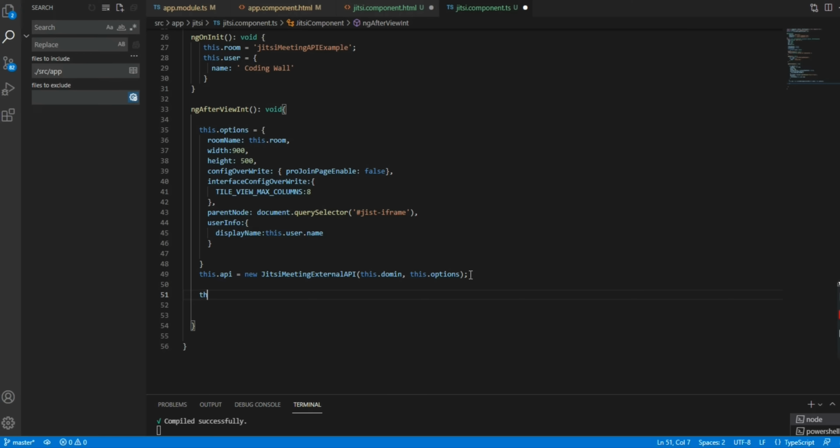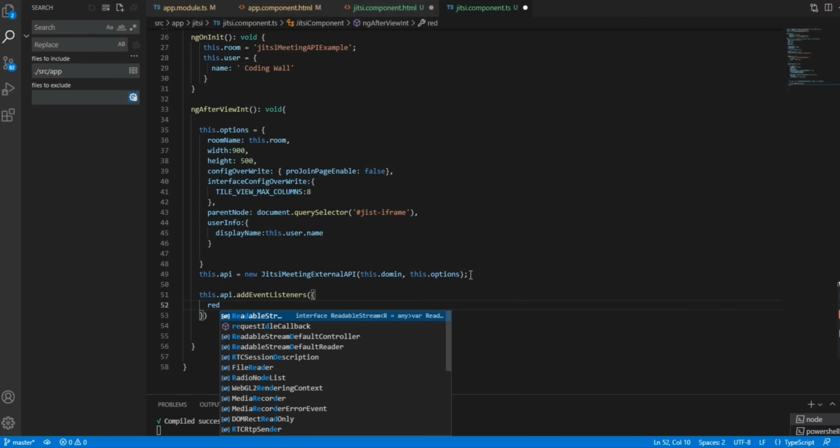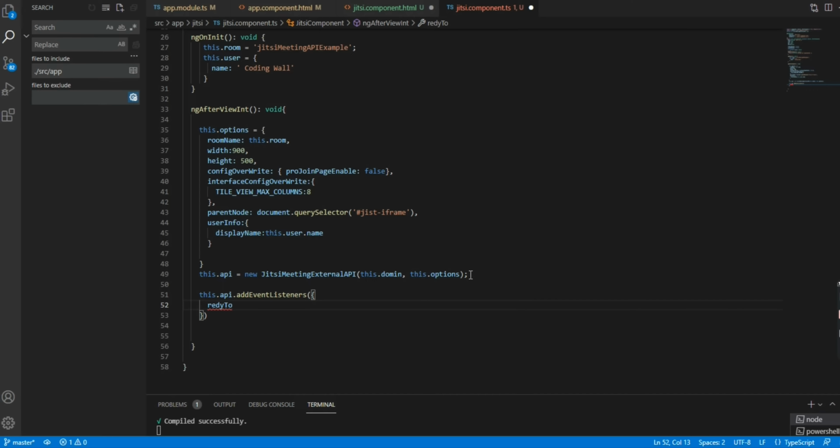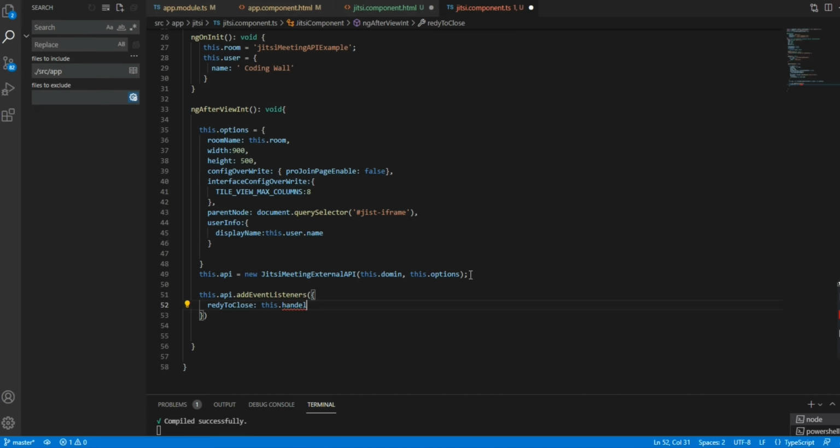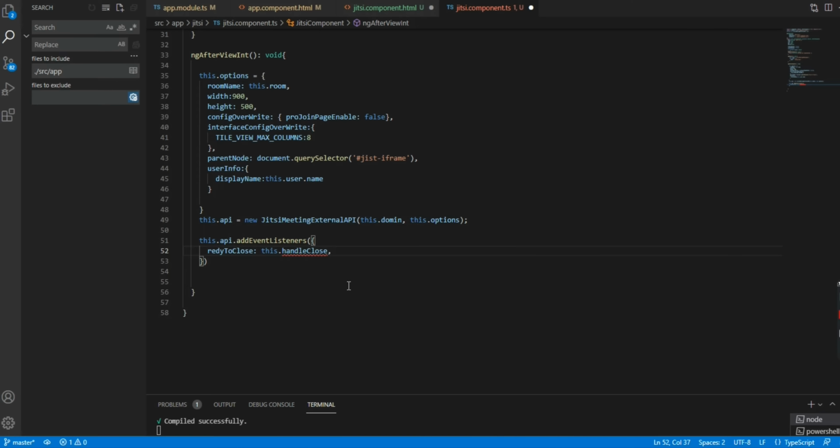Now below we will write the event handlers for this. What are the event handlers which we need to mention, like readyToClose, participant joined, those things I will mention below. This.api.addEventListeners, inside this we need to give readyToClose is equal to this.handleClose.